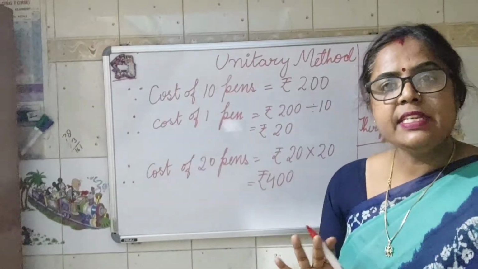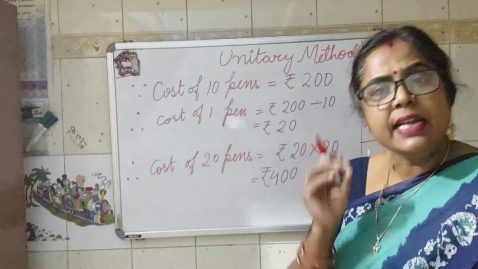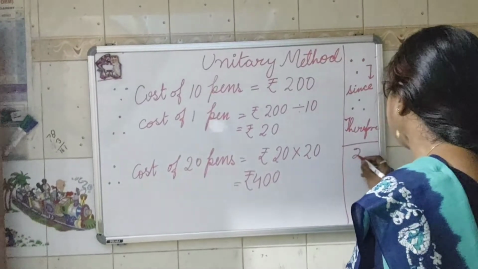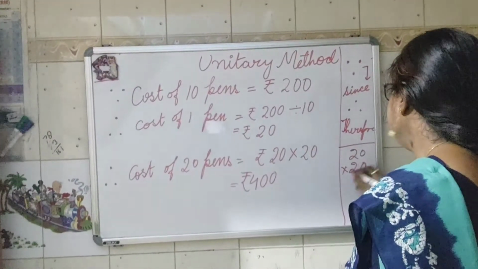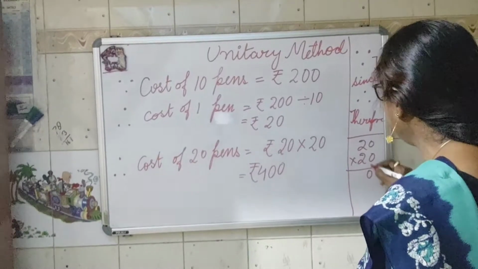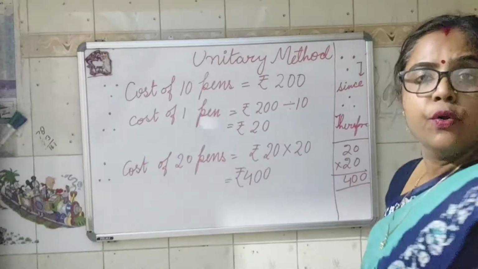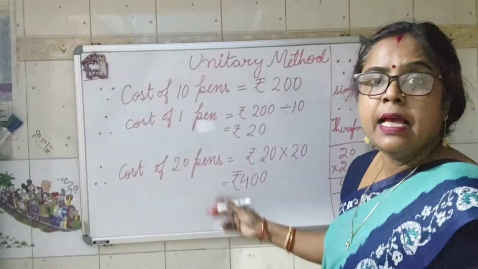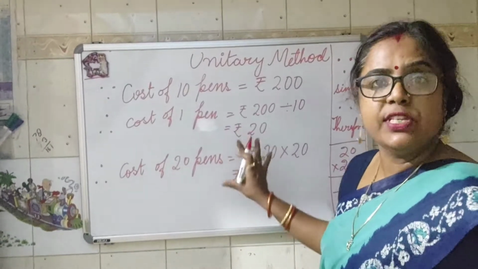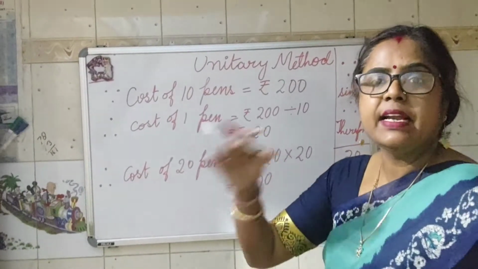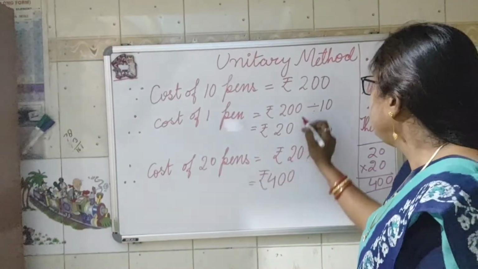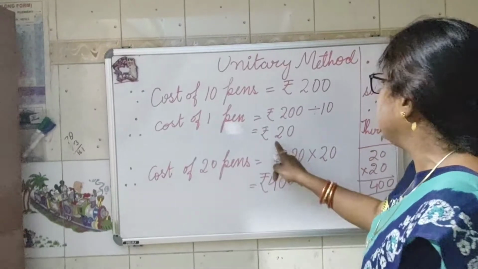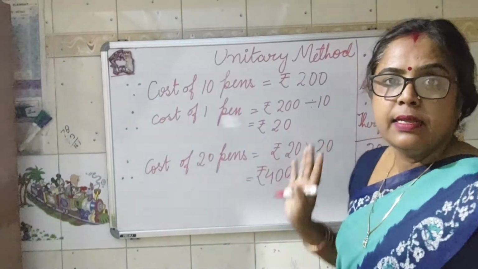Children, it's not compulsory to do the direct multiplication. Only if you have a little doubt, if you are not confident, if you have not done proper practice, make a rough column and multiply on this side. So 20 is there, so we put 0, then 2 twos are 4, it is 400. So in 3 steps only we have got the answer, and you have to follow only these 3 steps. No need to write the statement again and then solve the problem. Try to do all the work in the rough column and directly write the answer on this side. Is this clear to you?